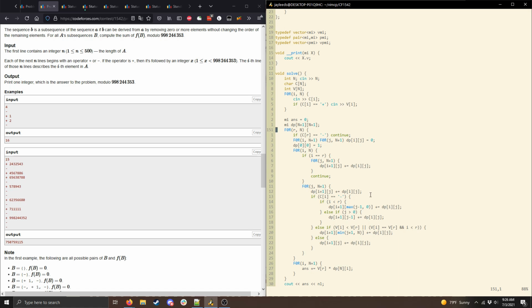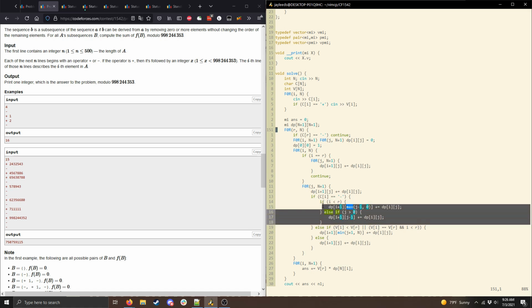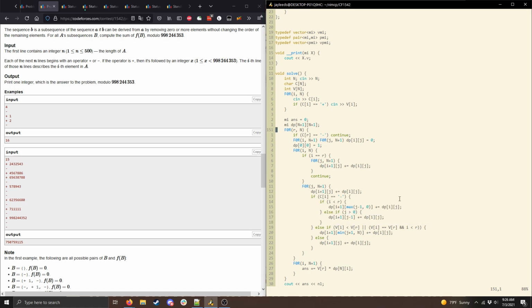So that's why we have this separate case here. All right. So then the second case is, otherwise in either of these two cases, our operation is a